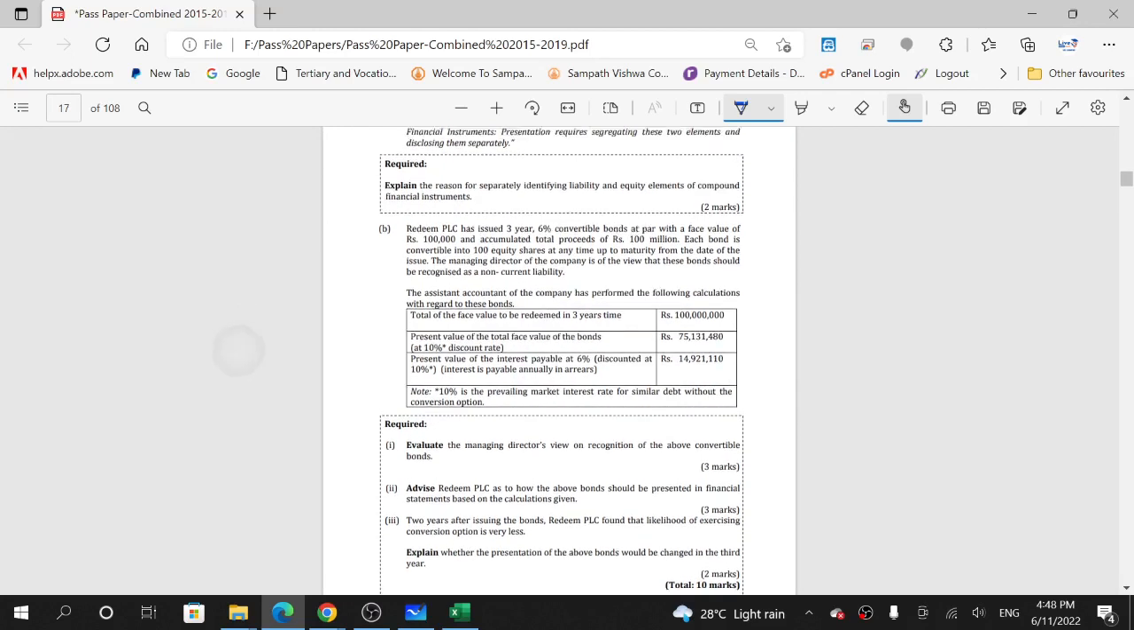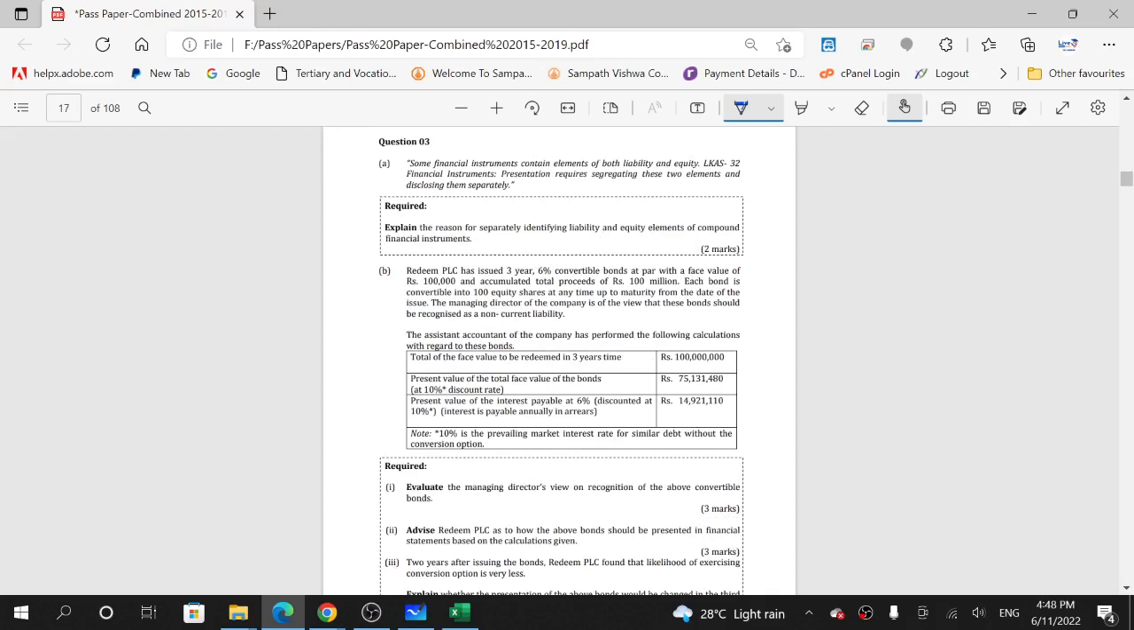Okay, we'll first focus on the first part. Evaluate the managing director's view. The managing director is of the view that these bonds should be recognized entirely as a non-current liability. Is it true? No, you can't accept the MD's view. Why? This bond has a convertible option. As per LKAS 32, when there is an instrument with a convertible option, we need to split the debt and equity